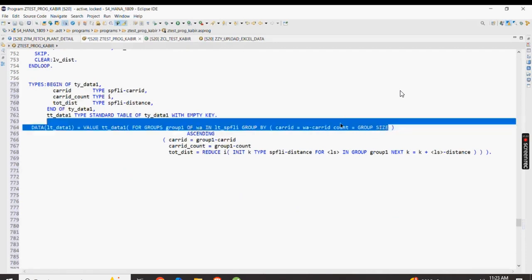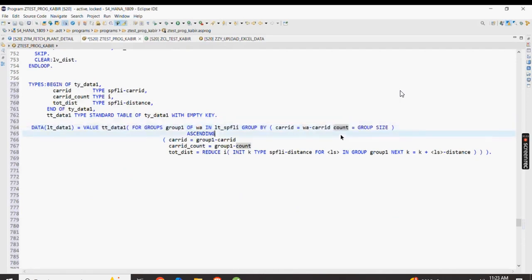Then this is the keyword I have used to get the count. I did not need to write any logic. This will give me the count of the group. And then ascending or descending, I have given ascending here. So now the carrier ID I will assign with this particular group CAR ID. Count I will assign with this particular group count, and the total distance in this group, right? So as we just did now, init K type SPFLI distance for work area or field symbol in the group name, next K equals to K plus LS distance. So now if I show you the output of the same,